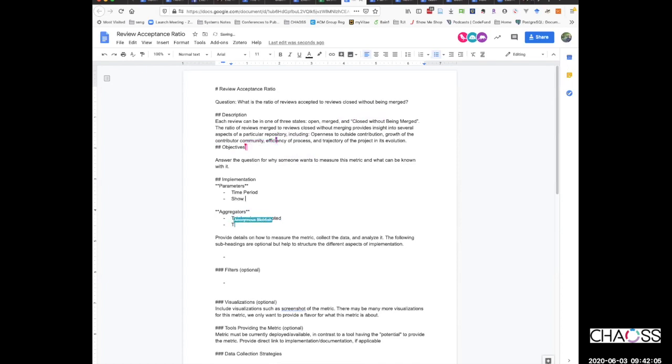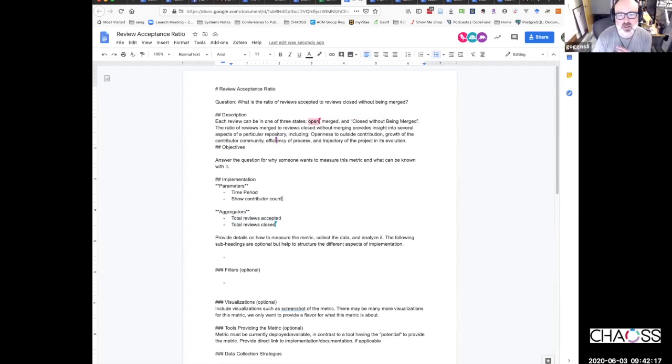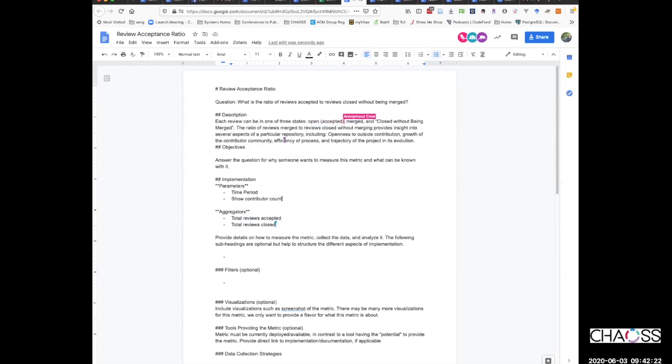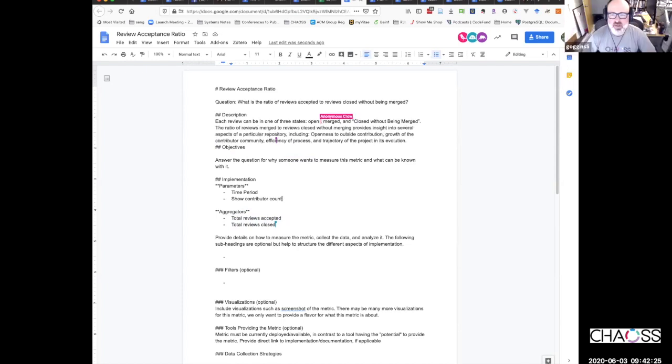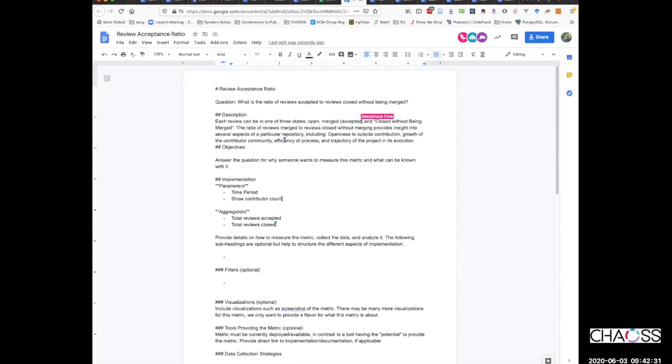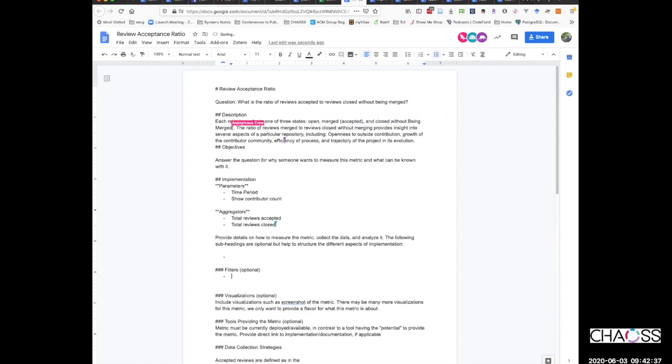I think we should use the same language as we do when talking about reviews elsewhere, which is accepted and declined. Yeah, for sure, we should be consistent. I think in this case, I'll do this: open, in parentheses accepted, merged, or sorry, no, that's not correct. Open is just not resolved. Merged, in parentheses accepted, and then I'm just going to say closed. If I put in parentheses declined, I will get it across. And I'm also going to put links to the definitions of reviews accepted.